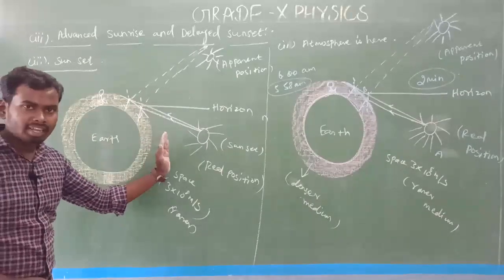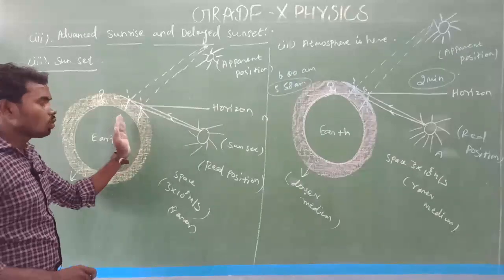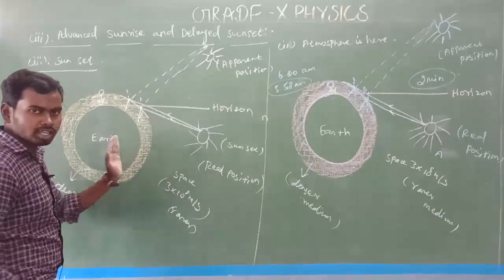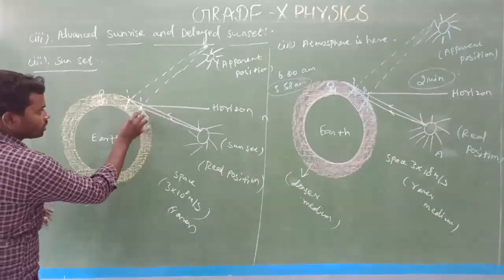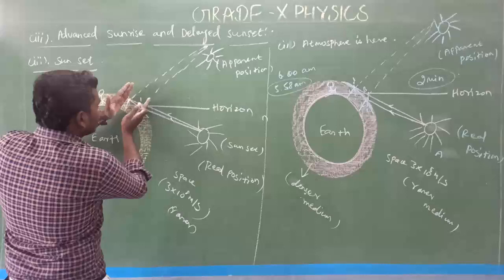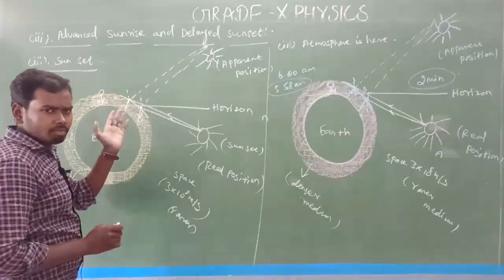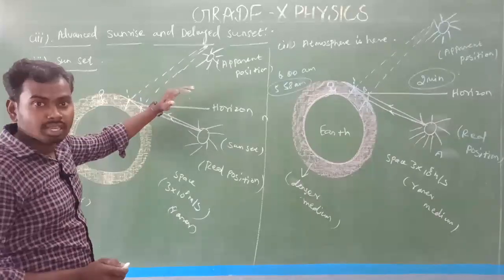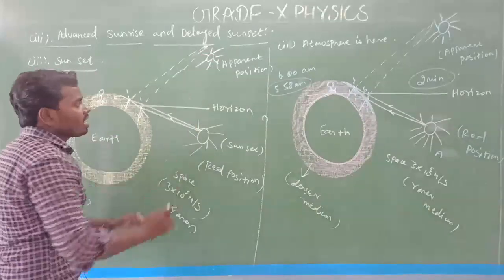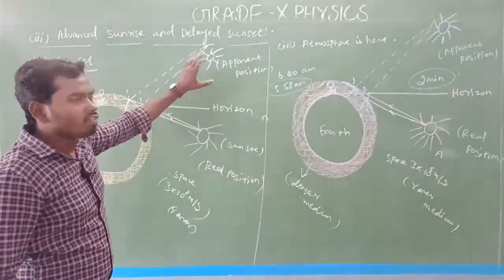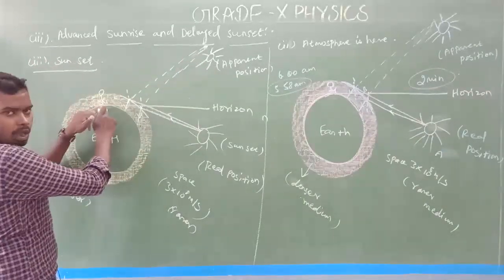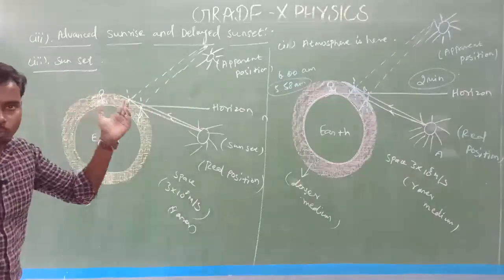So here light goes from a rarer medium, the space, into the atmosphere, which has air particles. Whenever light goes from a rarer to a denser medium, the refracted ray moves towards the normal. So this is one refracted ray and this is the other refracted ray. If we extend these two refracted rays backwards, they meet somewhere over the horizon. The two refracted rays meet at a point, and that is the apparent position of the sun, which means we can see the sun's position somewhere over the horizon.